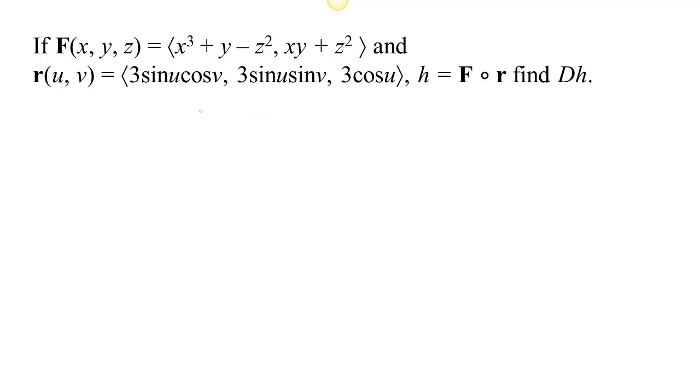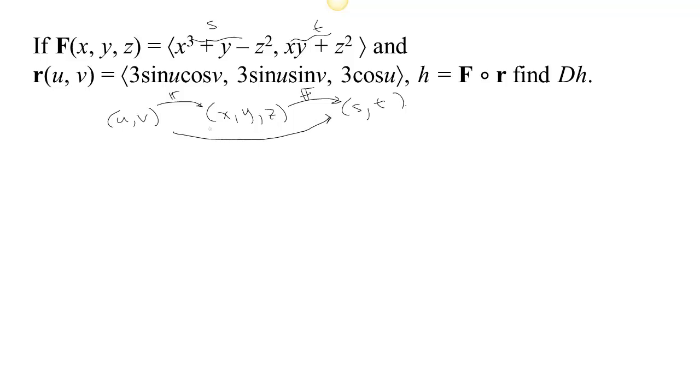So this would work just right if I started with some numbers u and v and I plugged them into r. Then I would get three numbers, x, y, and z, and then I could plug those into f. Right? And I would get those two outputs in f. Maybe I could call them S and T here. And those are the two outputs. So if we call this whole composition, the whole chain that starts with u and v and gives you S and T,